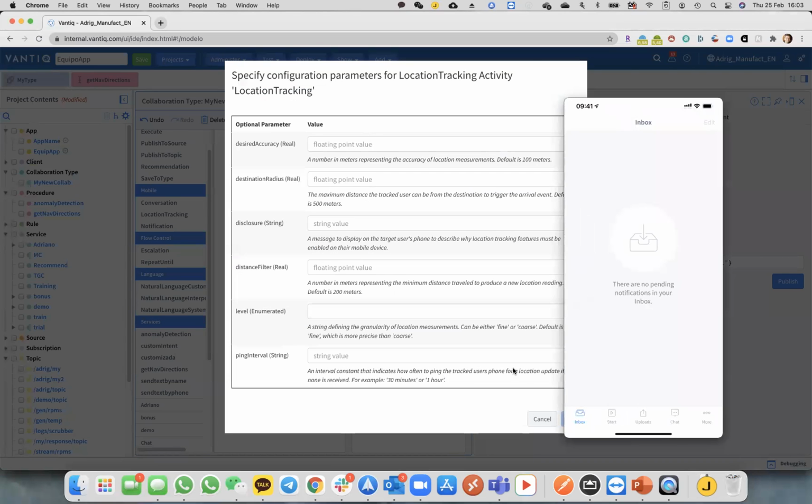The options on the location tracking are all optional. So I want to capture the user movements in accuracy of 200 meters. I want to say that he has arrived if he gets close to the target point, 100 meters close to it. I can put a message. I can put a distance filter that every 50 meters I want to generate an update event, and I want to